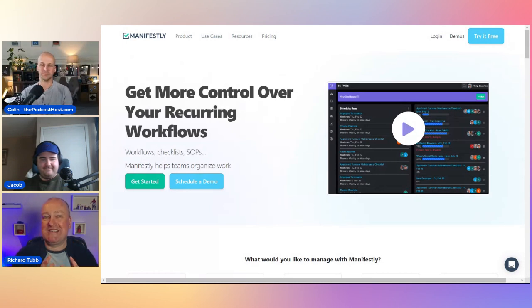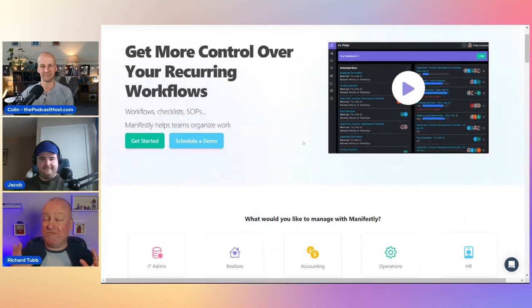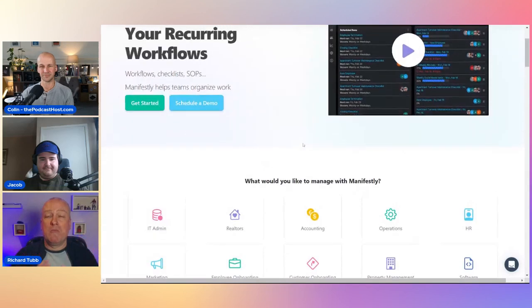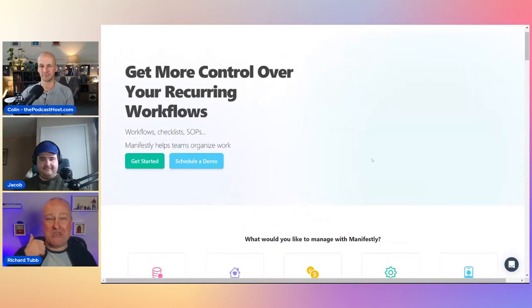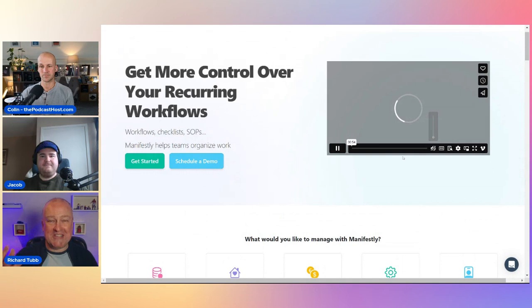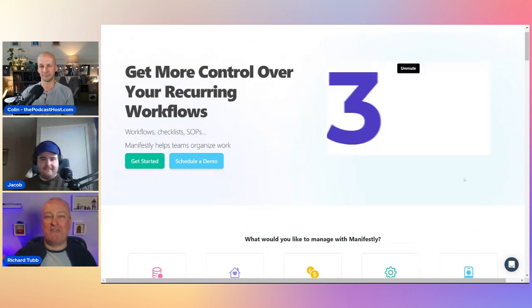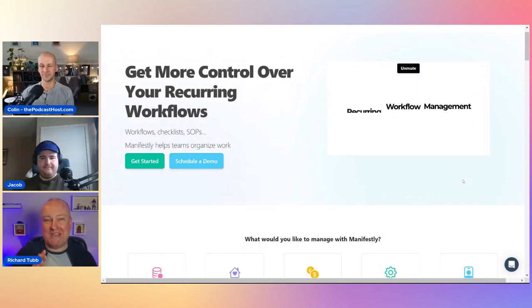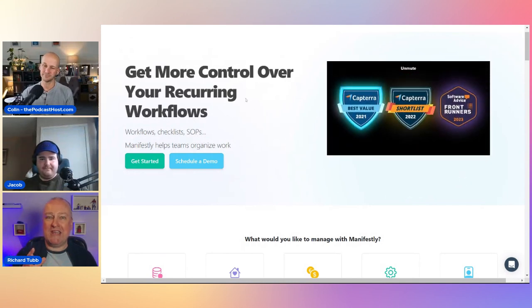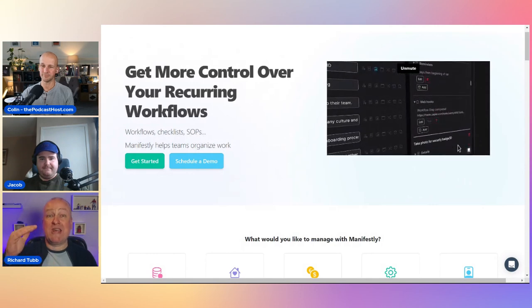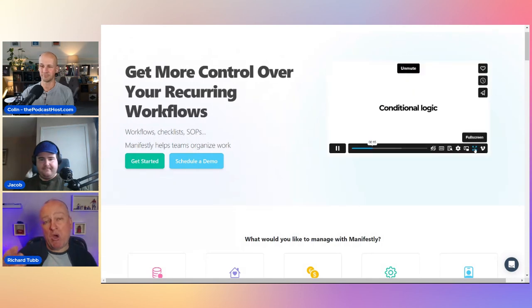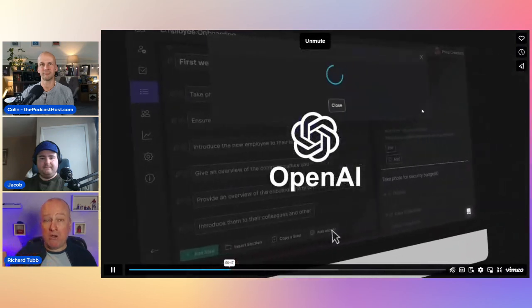But to get the consistency in place there is the challenge, and that's where checklists come into it. And so we use a tool called Manifestly. Manifestly, it's very simple. It is a checklist tool. But what it does for checklists is, you can either use checklists really simply, or you can go into the depth with checklists and have nested checklists and checklists that are kicked off by date. But the bottom line here is, it enables the entire team to work collaboratively on a set process that we've put in place for producing podcasts, producing videos, even blog posts.